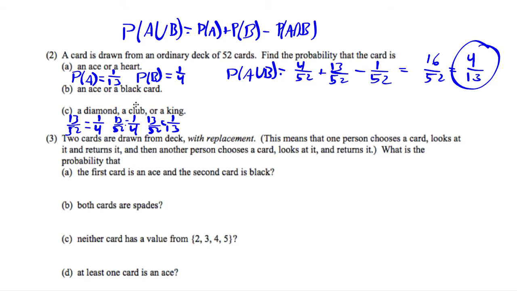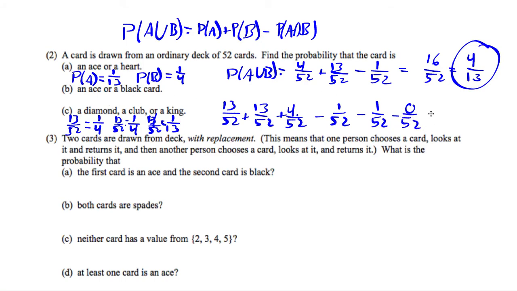Now the probability that we have a king or a club, so we can add these all together. So 13 over 52 plus 13 over 52 plus 4 over 52. But then we have to subtract the probability to get a king and a diamond, which is 1 out of 52, minus the probability to get a king and a club, which is 1 over 52, minus the probability we get a diamond and a club, which is 0 over 52. So then this is 26, so 30, 29, 28 over 52,